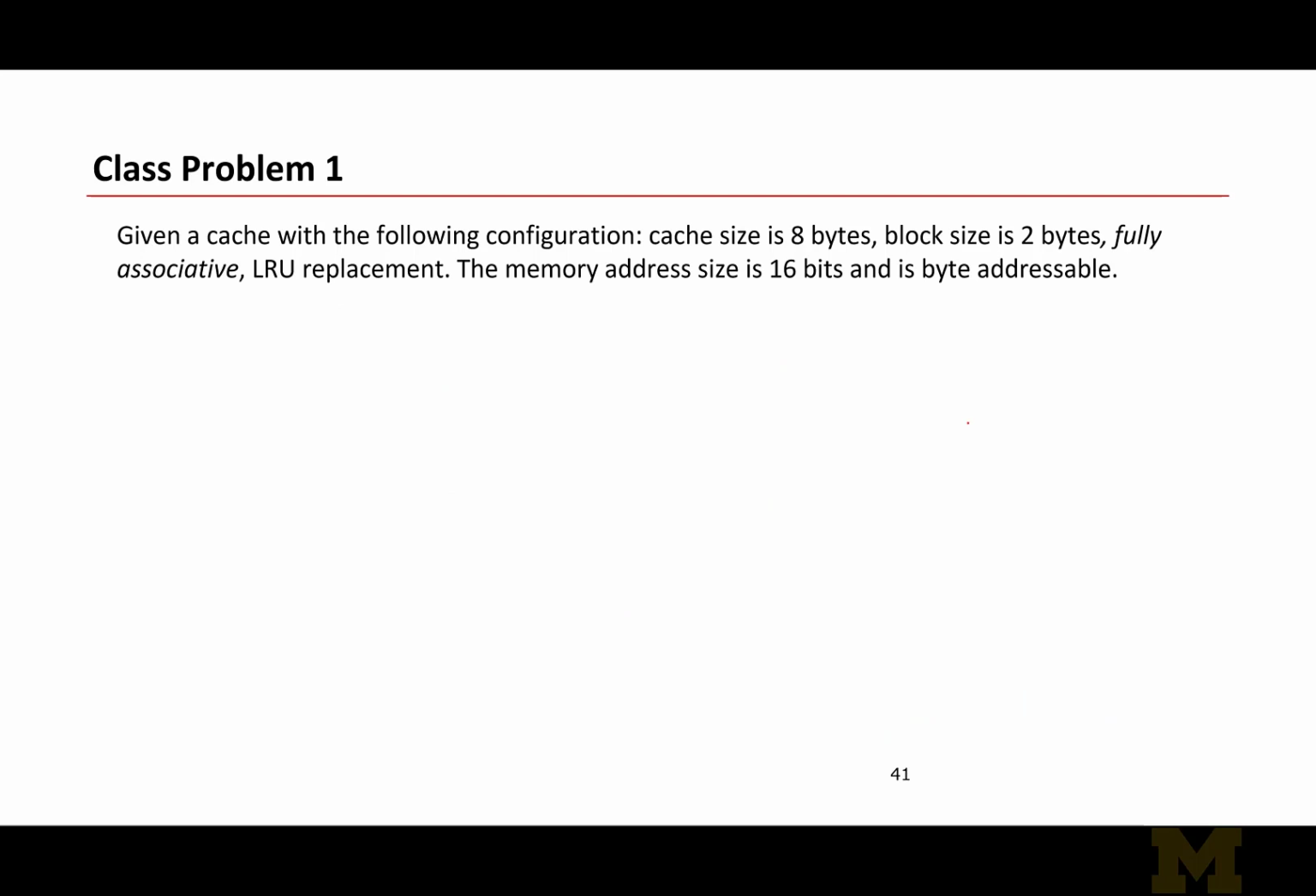Okay, so now let's look at another cache problem. In this case, you are given that the cache size is 8 bytes and block size is 2 bytes, which means that my number of cache lines